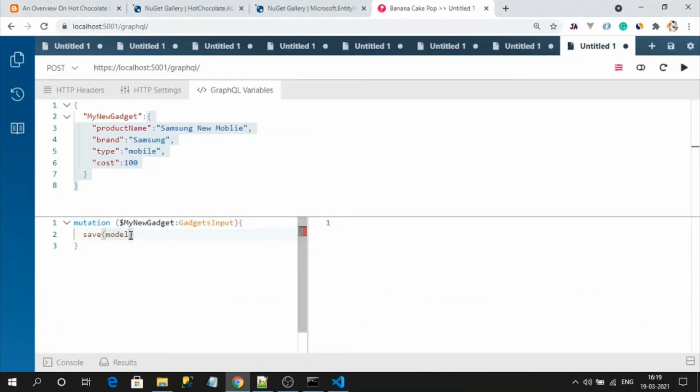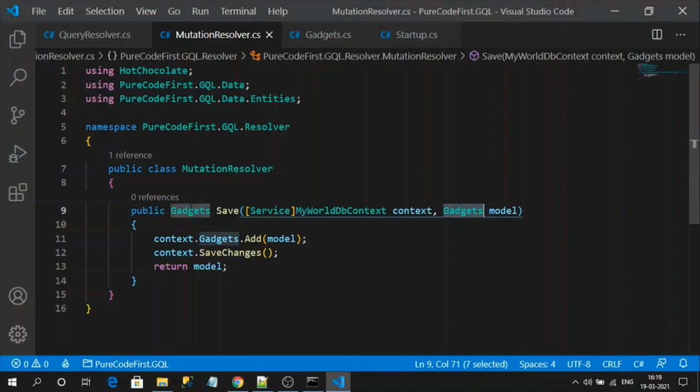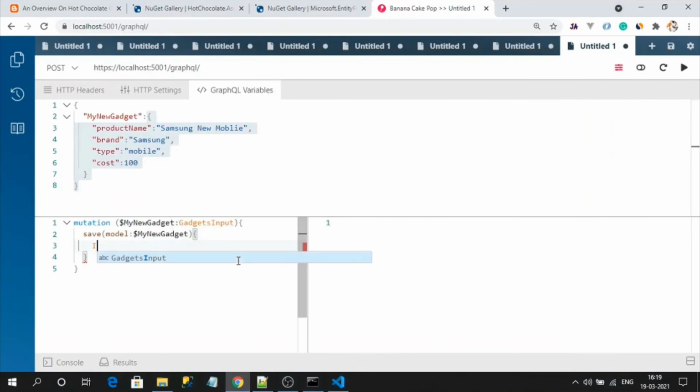And we know that for the model we need to assign the payload. To assign the payload, we need to assign the GraphQL variable. And finally it is returning the gadgets type, right? So I simply want to fetch the ID so that I can confirm that our record has been successfully saved.